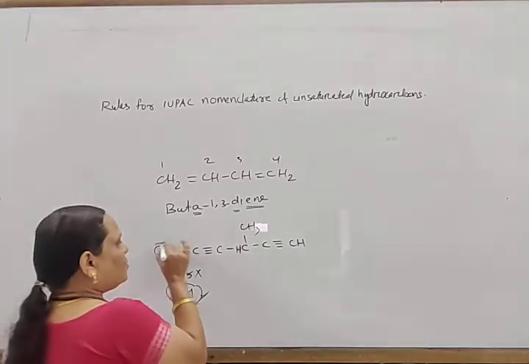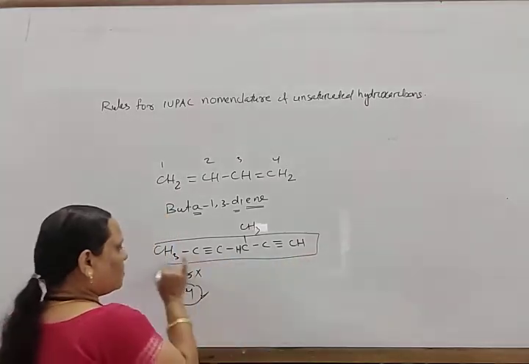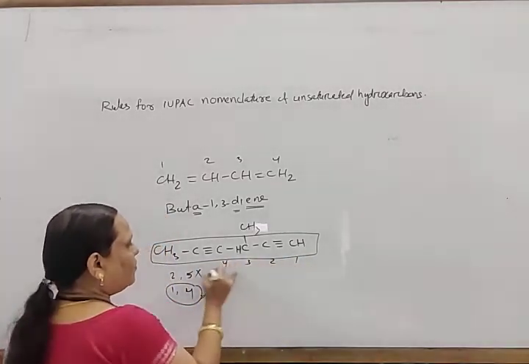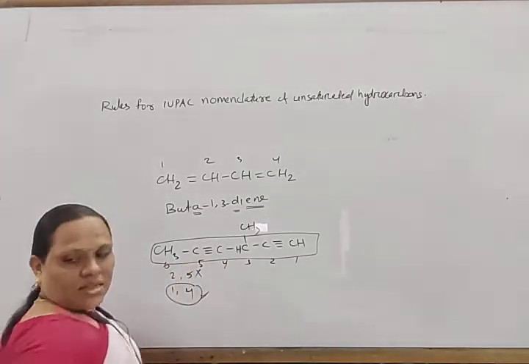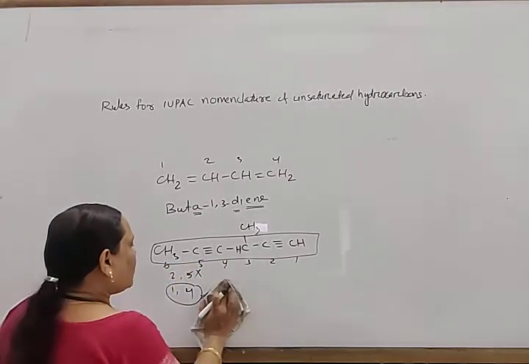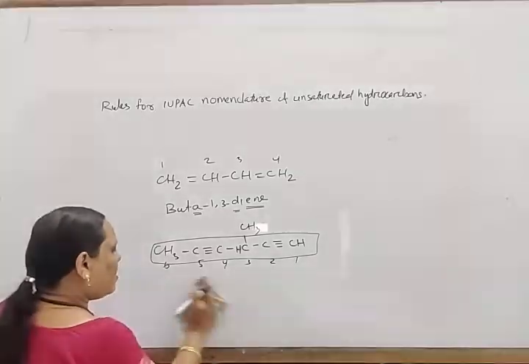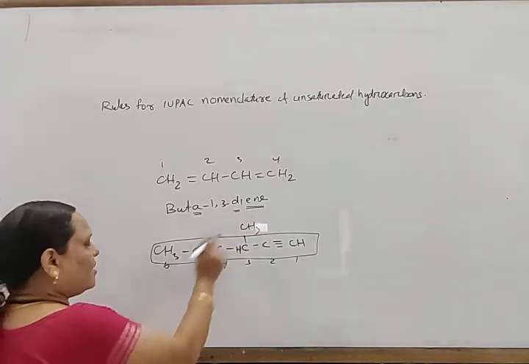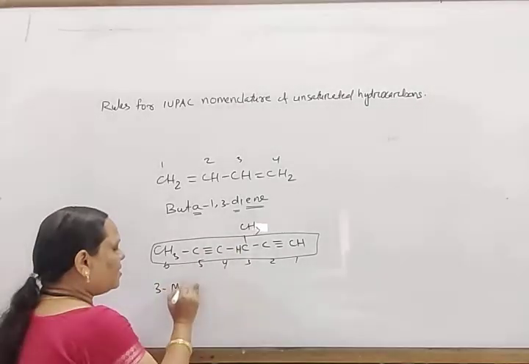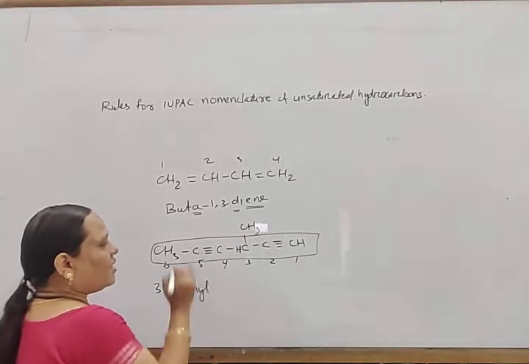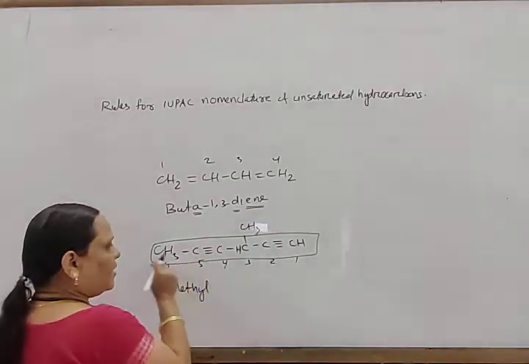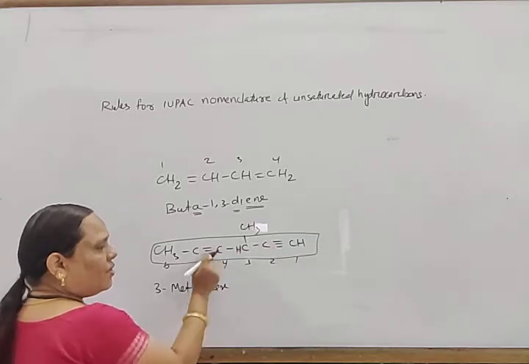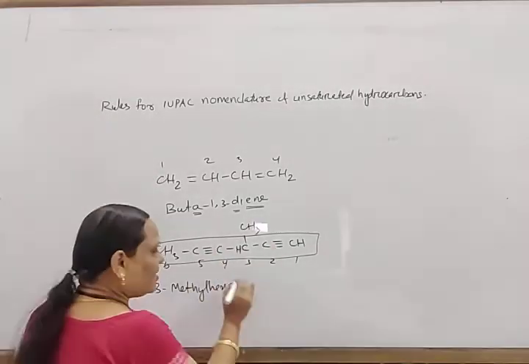So first you choose the long parent chain, then number 1, 2, 3, 4, 5, 6, and then write the name. So first the prefix, okay? The prefix is 3-methyl. Then the word root is hex, and since 2 triple bonds are present, hexa.